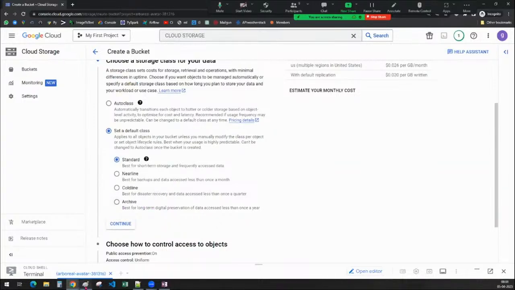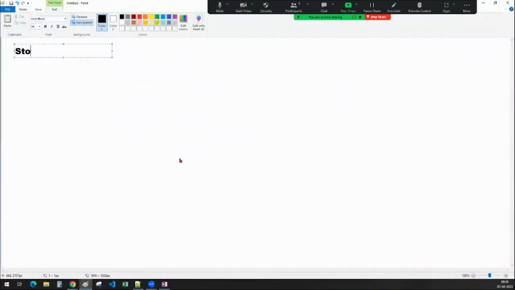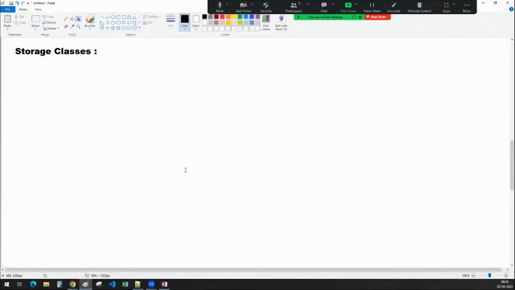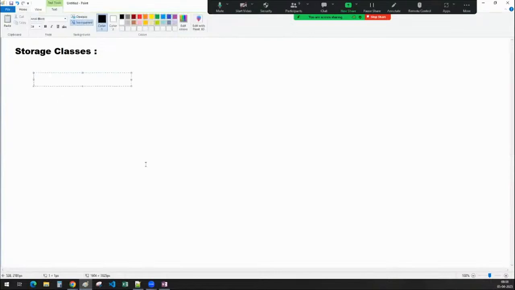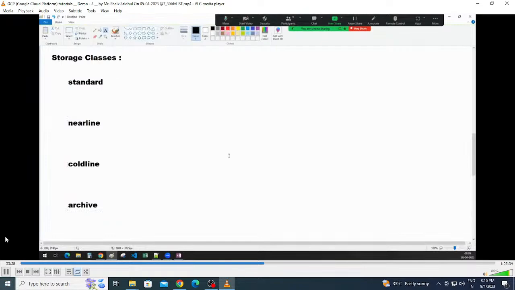Let us see what these are. So we have the standard storage class, nearline, coldline, and archive. Let us not worry about these four for now, but let me tell you, I have a requirement